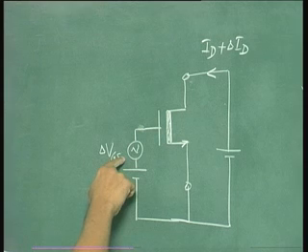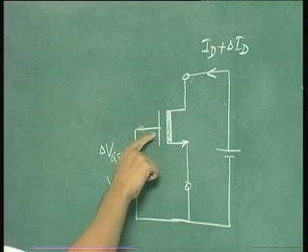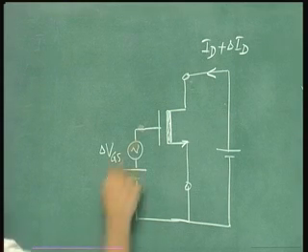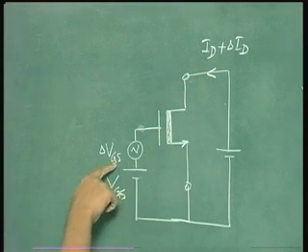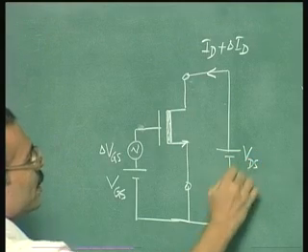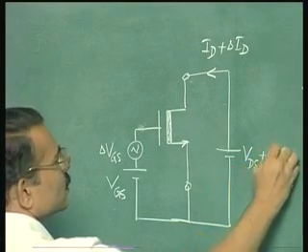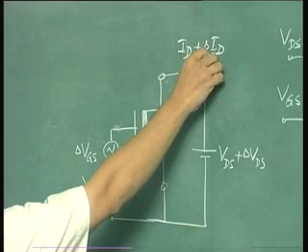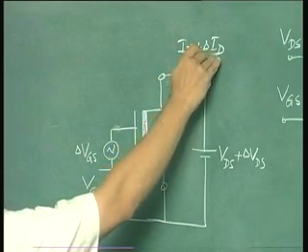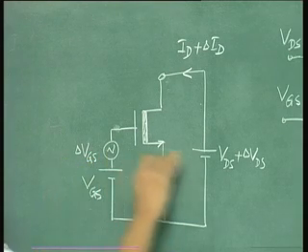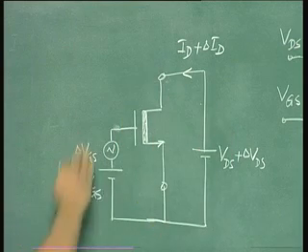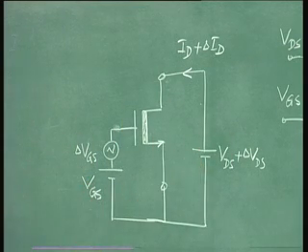So if the increment is at very low frequency, in fact you will not see any input current here. So we need not bother about this part. So we have to relate this delta ID to delta VGS. Similarly, if you make an increment in VDS, then also there will be an increment in delta ID. So the increment in delta ID is because of an increment in delta VGS and also because of any increment in delta VDS. So by using this kind of approach, you can identify the roles of various